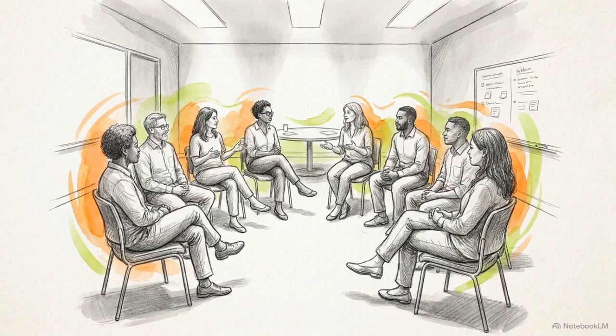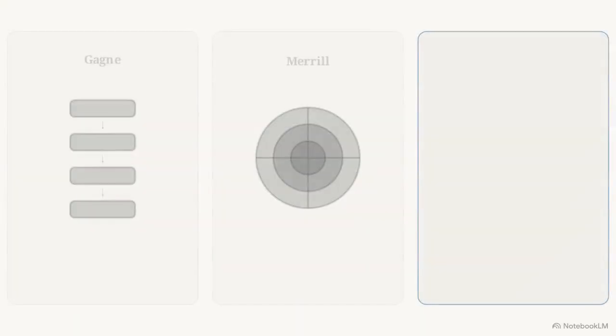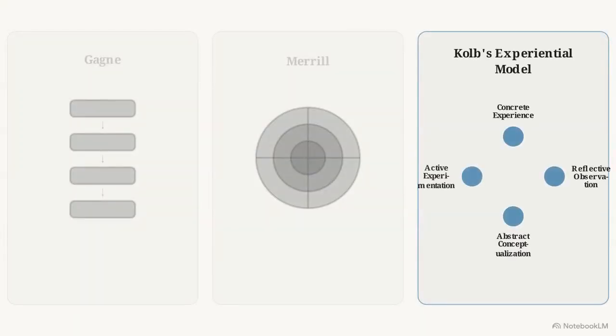A third set of variables emerges when teaching subjective soft skills to adults, where there is rarely a single correct answer or procedure. This requires Kolb's experiential model, a framework designed for behavioral adaptation. Kolb relies on constructivist theory, the idea that adults learn best by actively constructing knowledge through their own concrete experiences